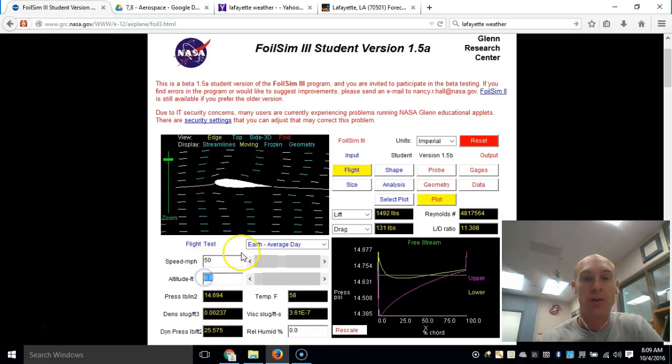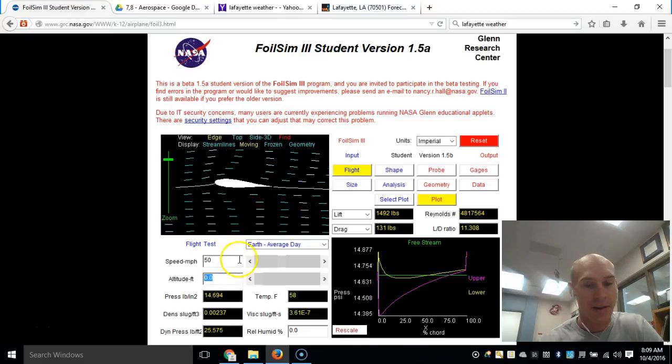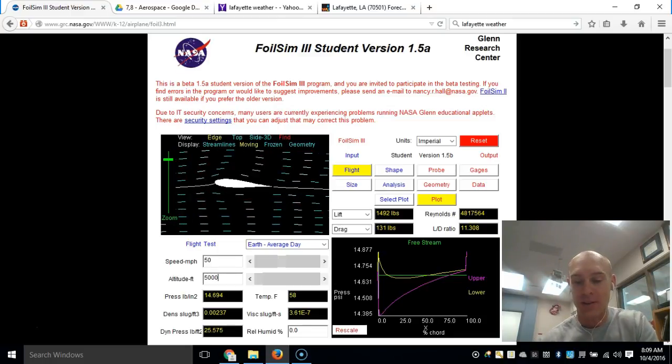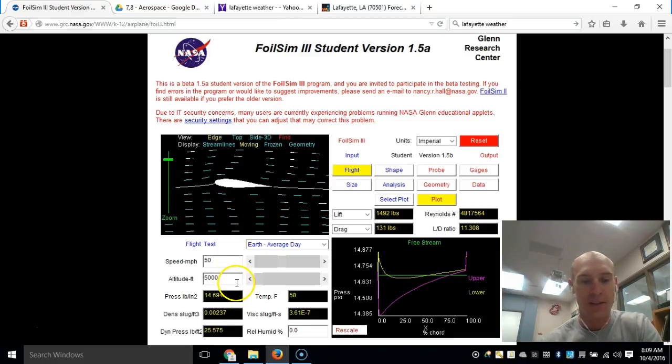For altitude, you're going to have to Google the altitude for Lafayette, Colorado, and find out what that is. I'm going to say 5,000 feet. I know that that is not correct. Make sure you put in the correct altitude. And every time you type in a number, you have to hit the enter key to make sure that